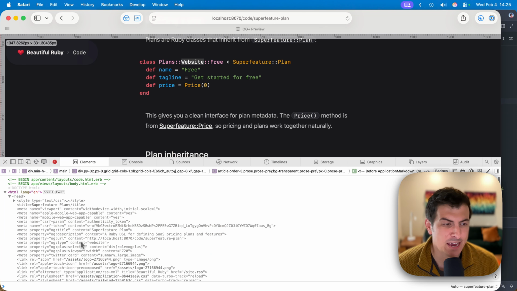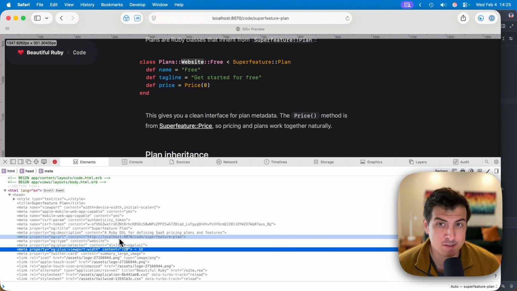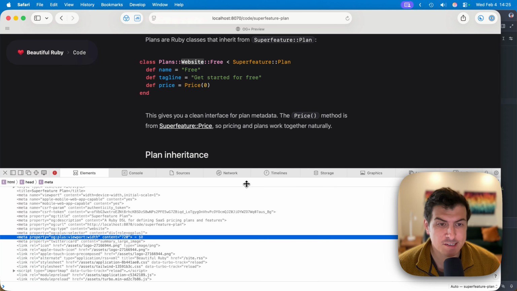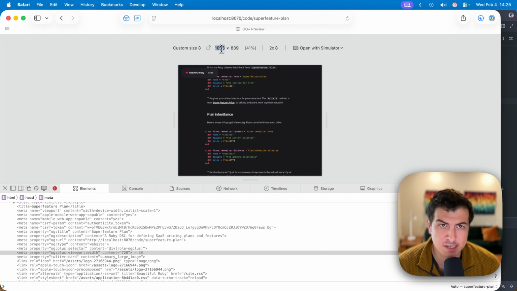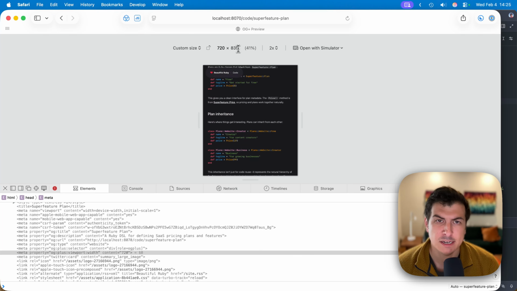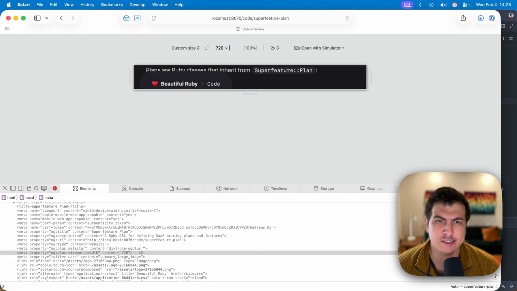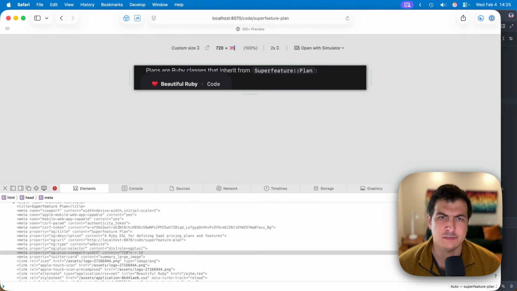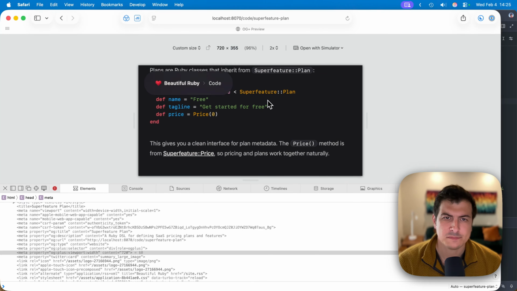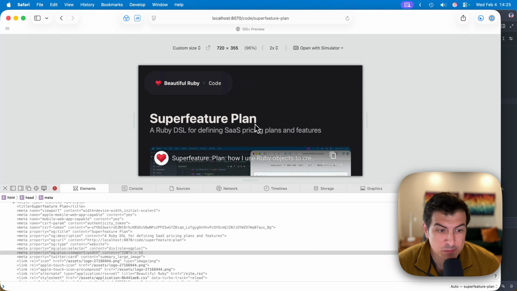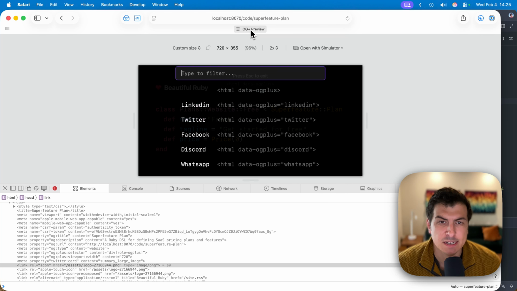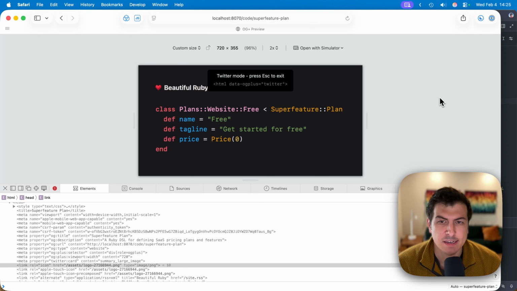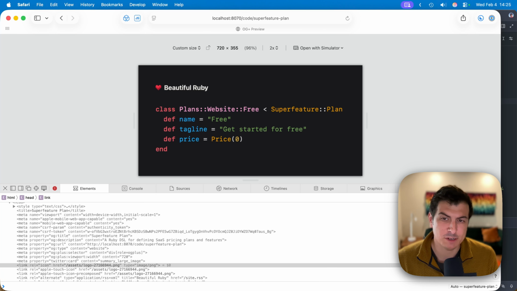All right. The other tag that we should take a look at is this thing called viewport width, so 720. What the viewport does is it's pretty much doing the same thing as this responsive design mode here. So if we set the viewport equal to 720 here, and then Twitter is roughly half that, so we'll say like 360 or 350, actually 355. Okay, so this is what the preview looks like now. Let's hit OG plus preview again, and we'll see what this thing looks like. Let's look at it on Twitter. And this is, if I share this today, what it would look like, which, that looks fine, but